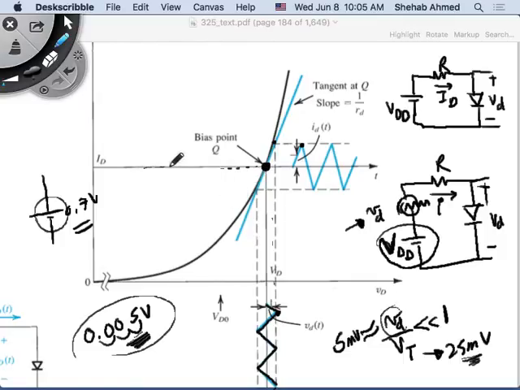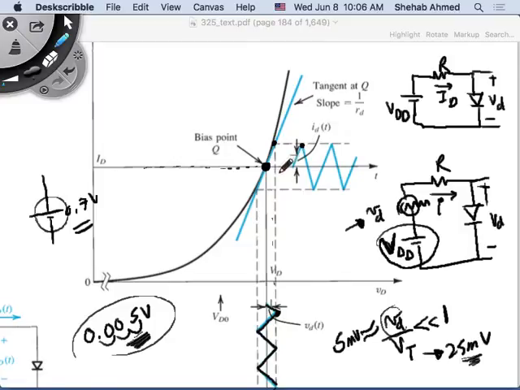My current was this value from the DC operating point or the DC bias point, right? And I put a small voltage signal and I want to amplify it at the output. So I amplified it at the output based on what? Based on the diode characteristic, right? This point here comes from where? From the fact that you made a small change in voltage. This small change in voltage corresponded to a change in current that is a little bigger, right? Does it have to be